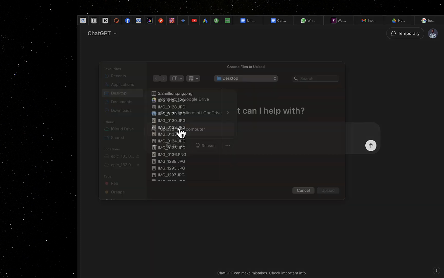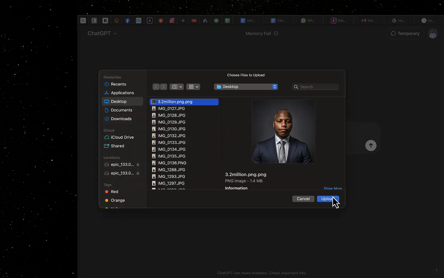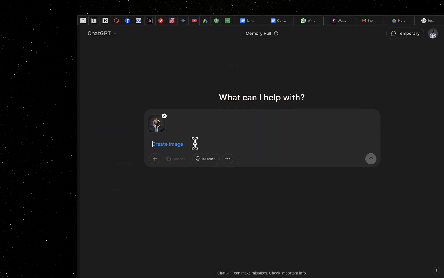So upload the image, right, then give it my prompt. Under this create image right here, I'm going to put: create this image in Ghibli style. I don't know if I'm pronouncing that very well, but I think that's how I can pronounce it. Please create this image in Ghibli style